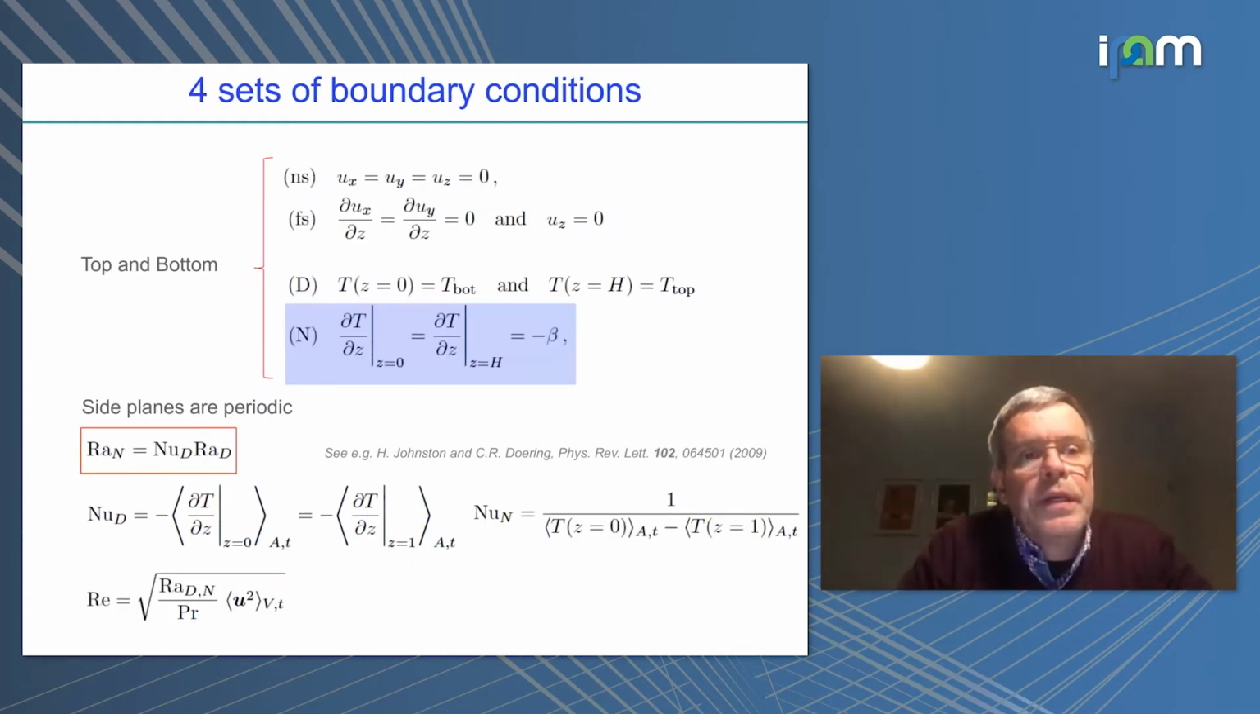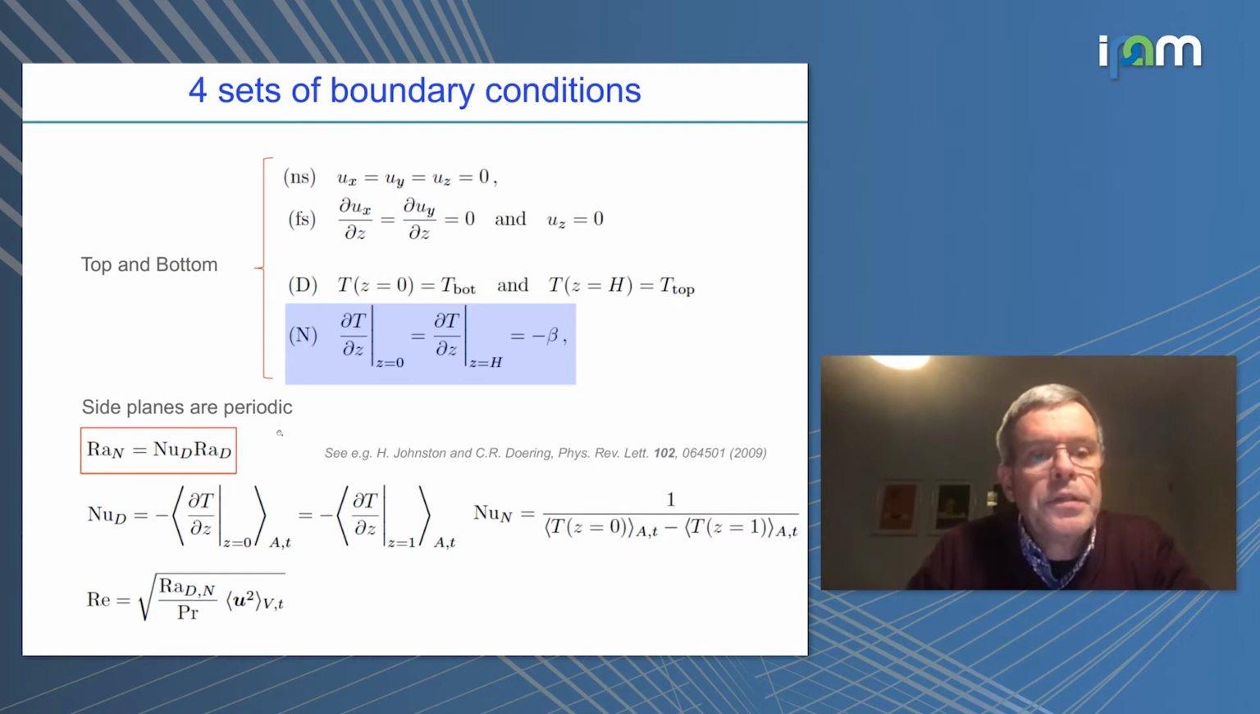We actually choose 4 different sets of boundary conditions which follow from combinations of the velocity and temperature boundary conditions. These are the no-slip conditions for the velocity field at the top and at the bottom plate, or the free slip condition at the top and bottom plate. They are combined with the temperature conditions. These are either the Dirichlet conditions, where we prescribe constant temperatures at the top and bottom, or we prescribe constant fluxes, which are given by the normal derivative of the temperature field. And the side planes are